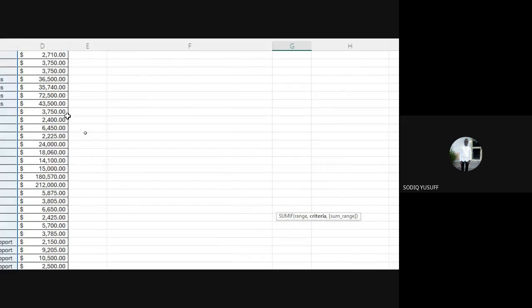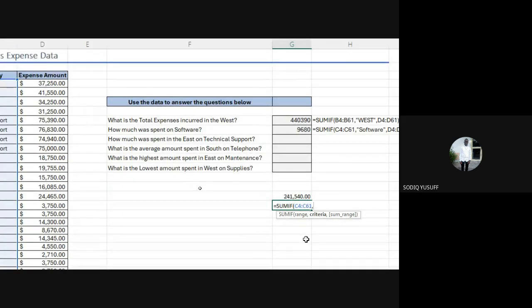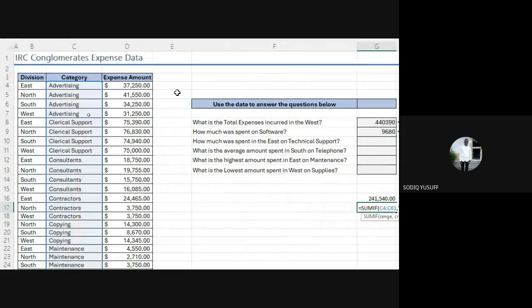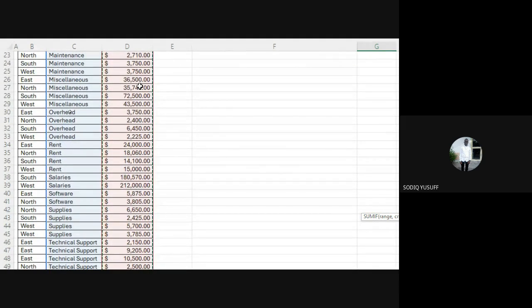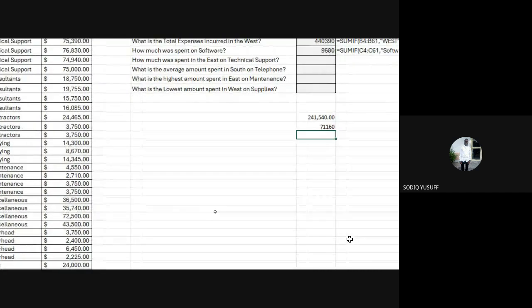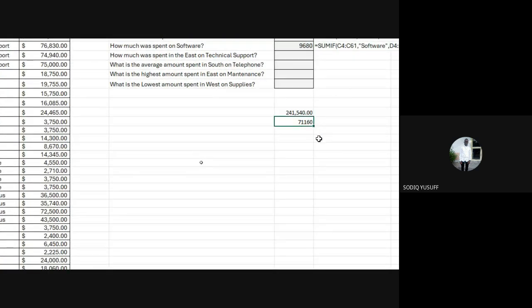The next thing is my criteria. Open the quote, my criteria is rates. Close the quotes, then comma. The last thing is the sum range, which is the expense amounts. When I close the bracket, you can hit enter. So let's see: 71,160. Well done, everyone.